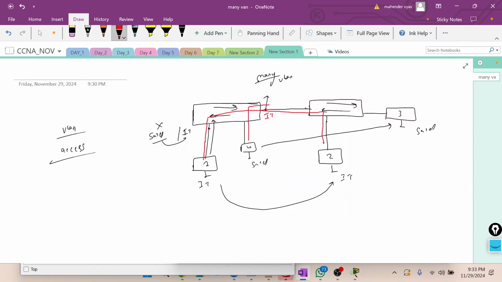Okay. So now what are we doing to overcome these issues? There is one more thing. We call it a trunk port. What will a trunk port do? A trunk port will be part of many VLANs. This port will be part of IT as well as sales. Again, this port will be part of two VLANs now, IT and sales. So IT traffic can also pass through this port and it will reach this switch. Sales traffic can also pass through this port. Okay, is it clear? Now let us do the configuration.